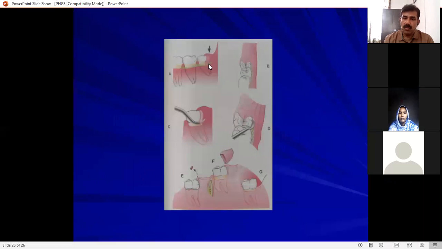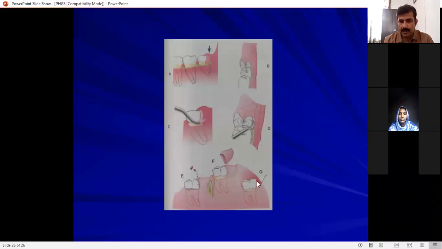Okay, so what do you do? Because there is space, you are retaining the tooth and you are removing this tissue. So basically, you are going to remove this part of tissue that is present not only on the occlusal aspect, but also on the distal aspect, like this here. So not only on the occlusal aspect, but also on the distal aspect. After removing the operculum, the tooth is completely free, and it's like this. So this procedure is known as operculectomy.